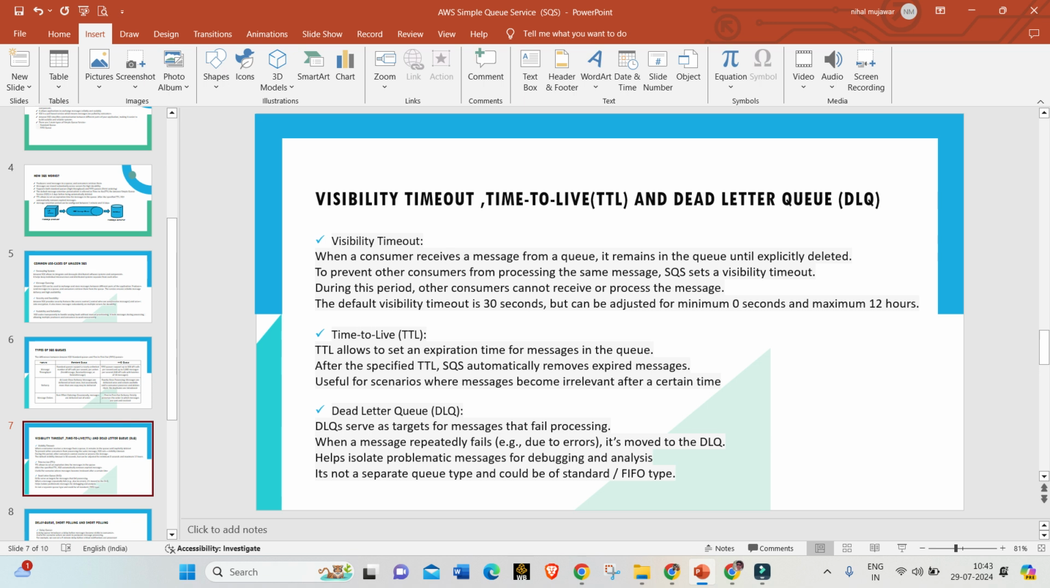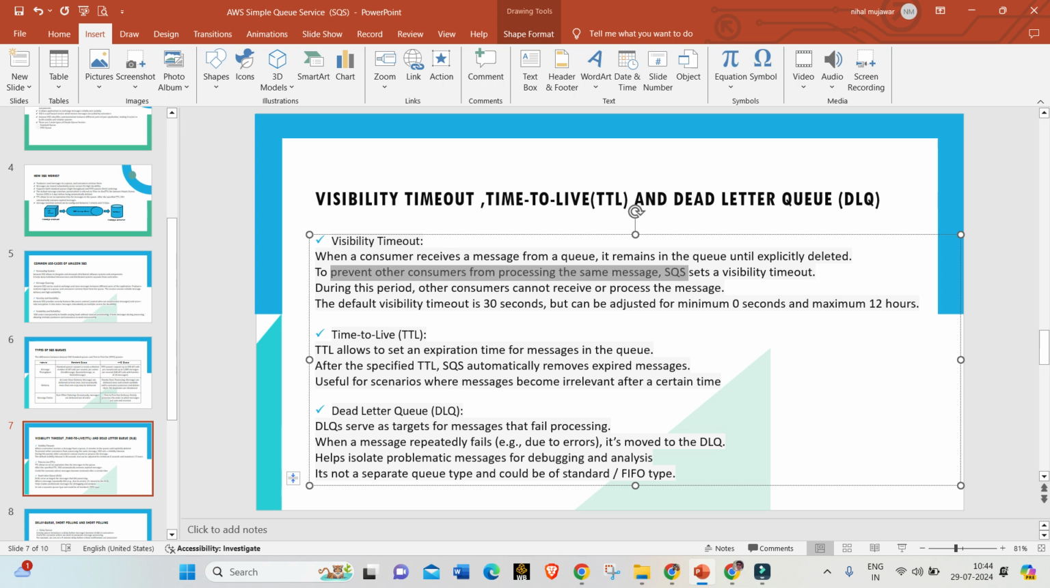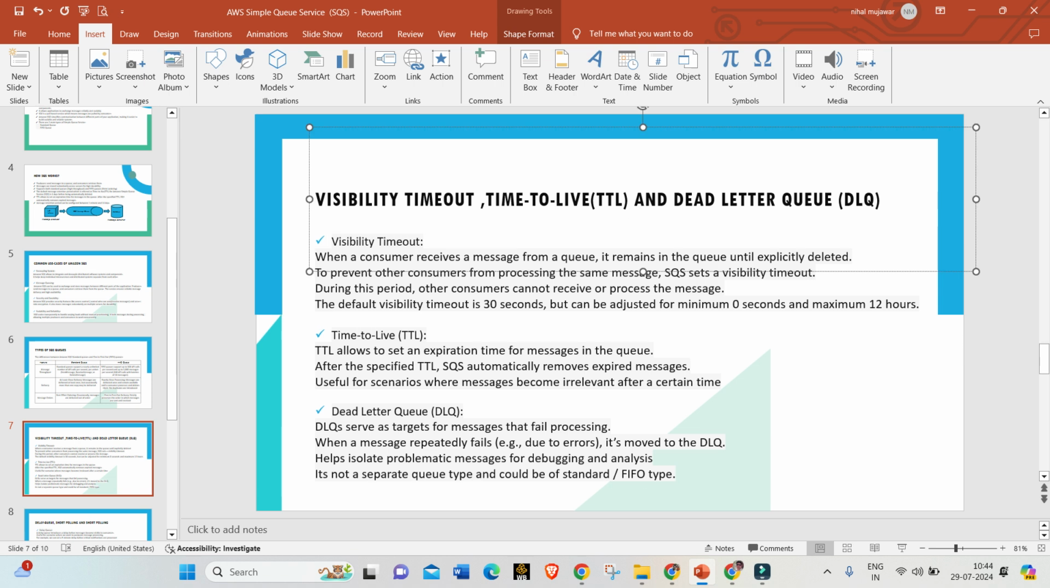So when a consumer receives a message from a queue, it remains in the queue until explicitly deleted. To prevent other consumers from processing the same message, SQS sets a visibility timeout. During this period, other consumers cannot receive or process this message. Because of that, SQS ensures the same message is not processed by multiple consumers. So the timeout, as it suggests, is related to a time frame. The default visibility timeout is 30 seconds, but it can be adjusted to a minimum of 0 seconds and a maximum of up to